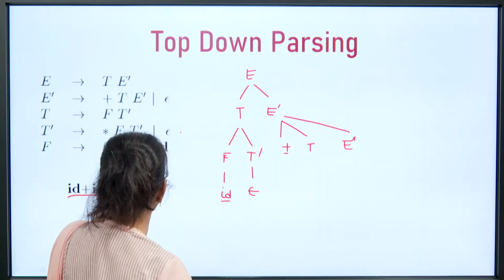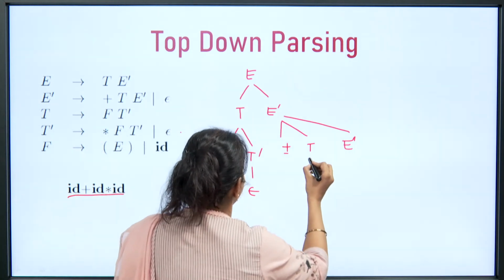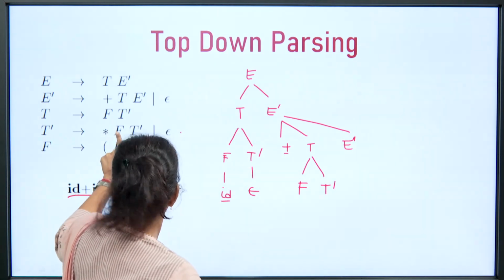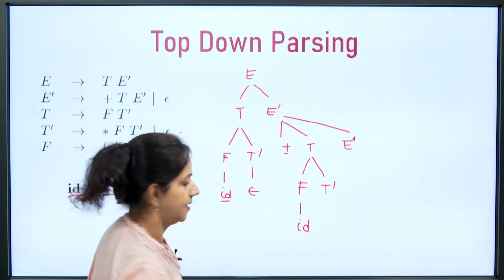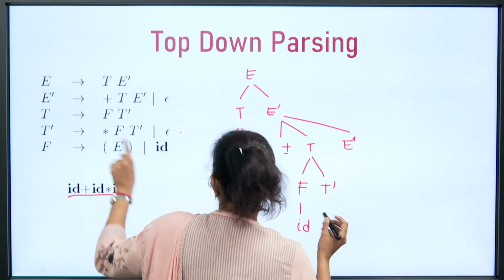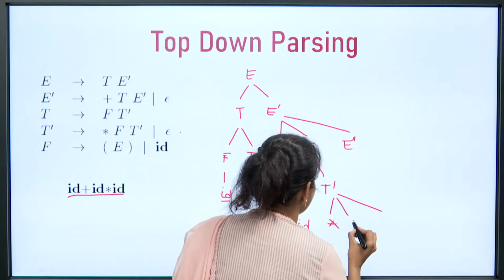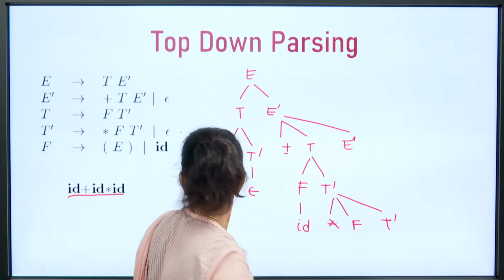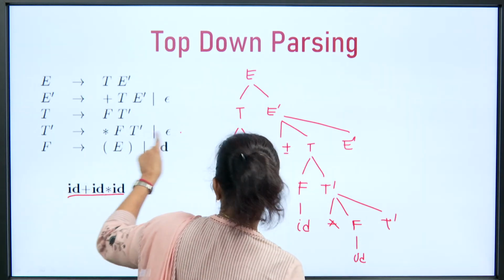Next focus is on ID multiplication ID. Now, T has only one alternate, that is F T prime, and F should be expanded with the alternate production F2 ID. So, here we will have F2 ID. Now, T prime has two alternates. Now, we should use the first alternate for T prime, that is multiplication F and T prime. Now, F should be expanded with the second alternate, that is ID, and T prime should be expanded with the alternate,